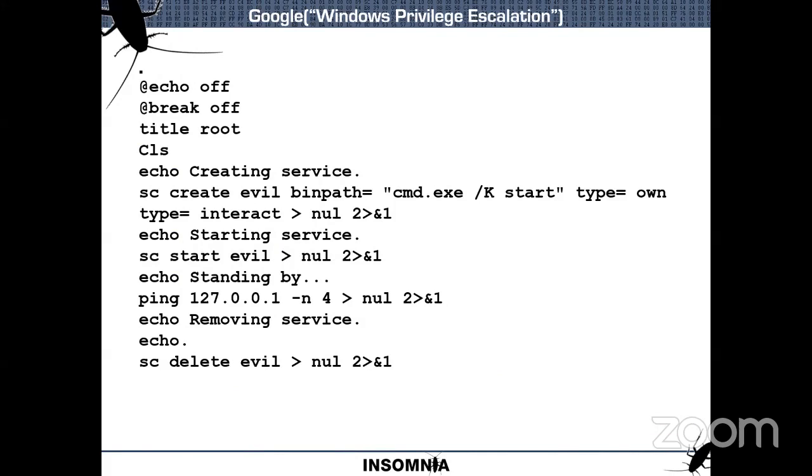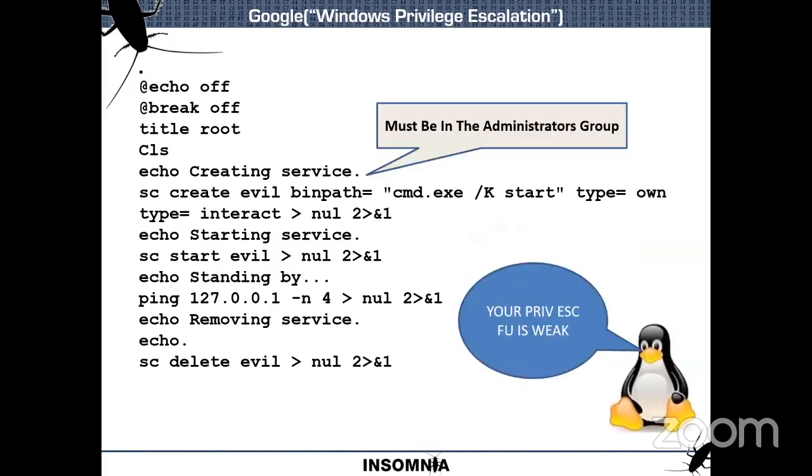So it's a type of native privilege escalation exploit we see for Windows. This is one wrapped up with a batch file with comments, but again and again, it's escalating from an already privileged account. So we go to the next slide. This must be the administrative group.